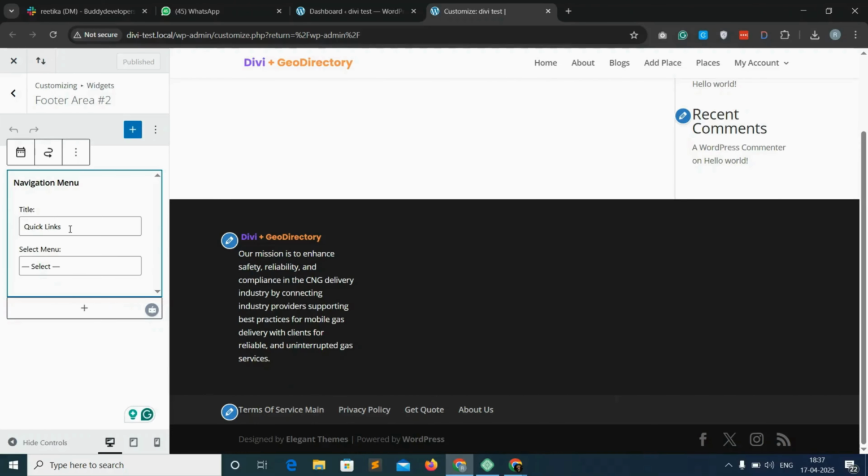So from here we will be changing the title to quick links. Then click on select menu and then select quick links, that we have already created from the backend. Then coming back